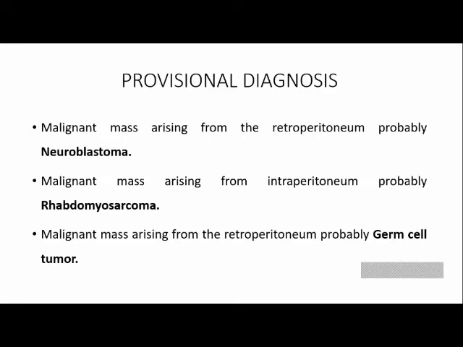I'm just giving you a broad differential diagnosis for an abdominal mass. Now, clinically, we can figure out the differences between neuroblastoma and Wilms tumor. When we look at the surface, if the surface is smooth, then it is possibly a Wilms. Am I audible, sir? Yes, you're audible. Please go ahead, Jyoti.